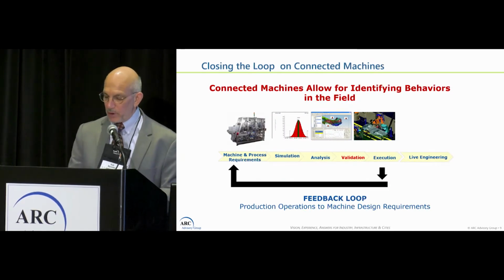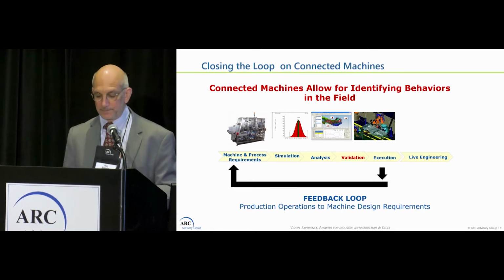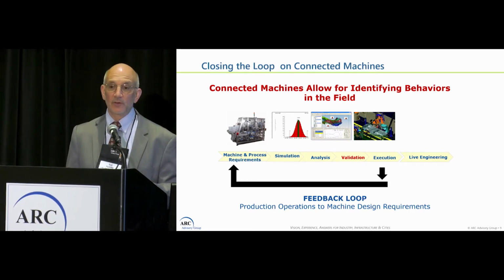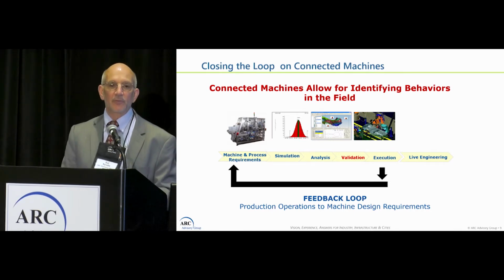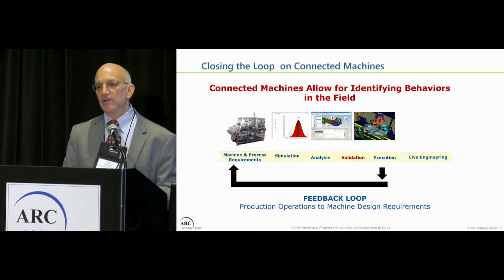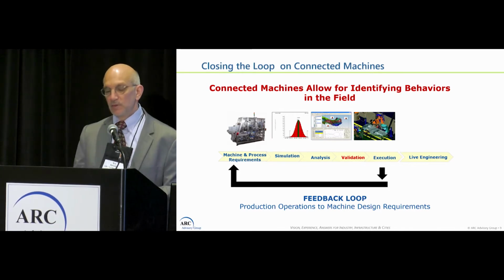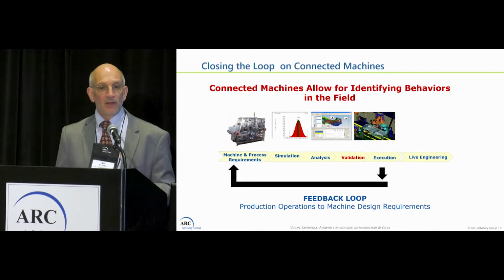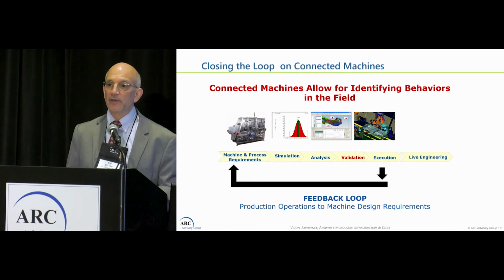And so the other part of the loop closure, I look at the machine. The machine's providing that feedback loop. The machines on your production floor or production lines, you can't just think about an individual machine. You may think about the entire production line and how to correlate the behaviors between the individual machines and try to improve the overall execution through this feedback loop. And from that, we talk about more and more of the connected machines, and this idea of how do we connect machines, whether they're legacy or new machines, in a secure fashion.